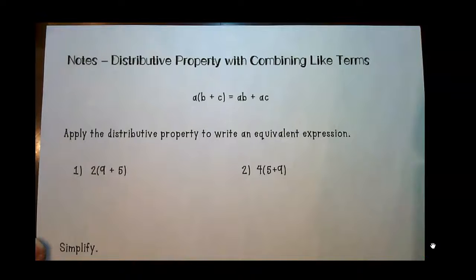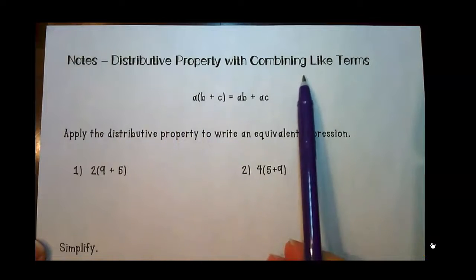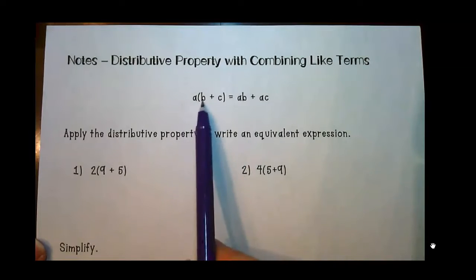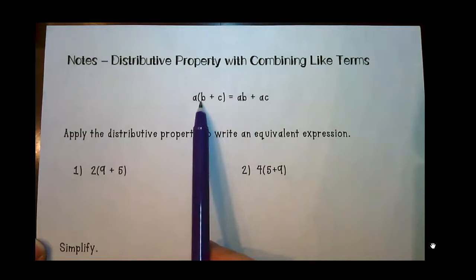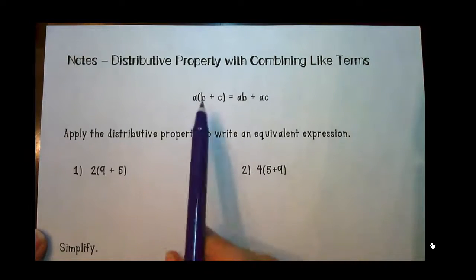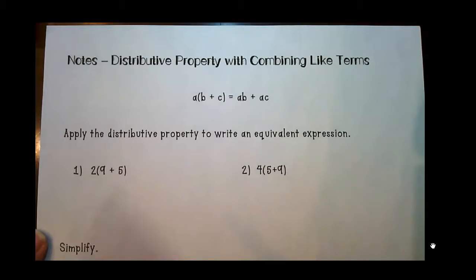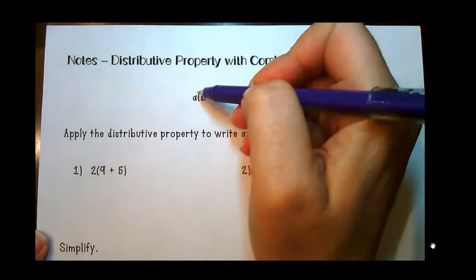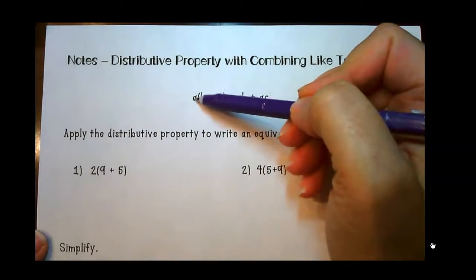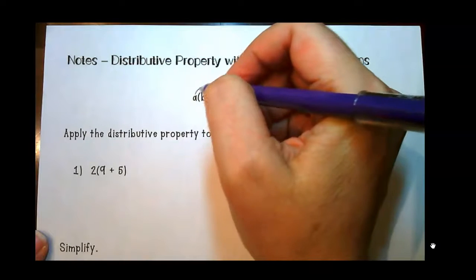Today we're going to learn about the distributive property along with combining like terms. We've talked about the distributive property before, and it's defined as the product of a sum of two numbers or two terms. When you look at only variables, it makes it much easier to use the distributive property. The reason that we know that there is a product is because there's nothing between the a and the parentheses. So you're going to do a times b